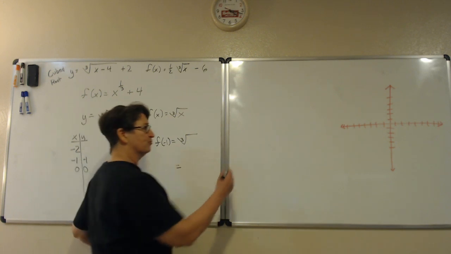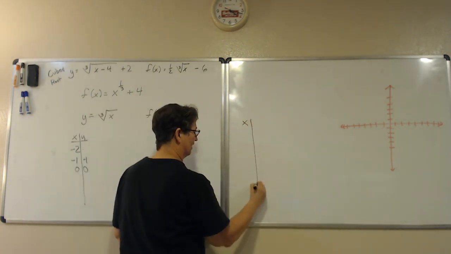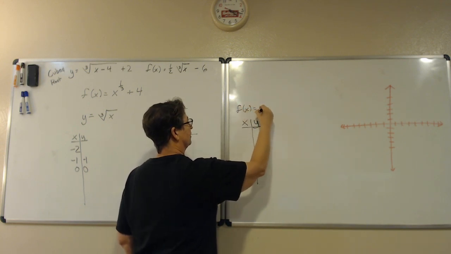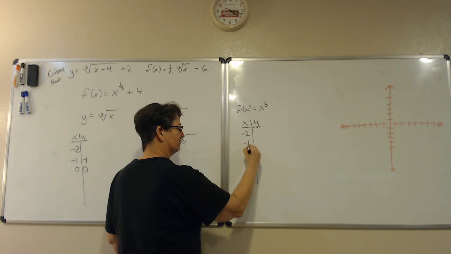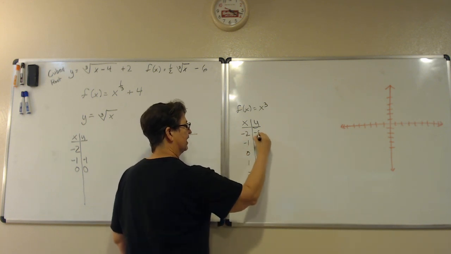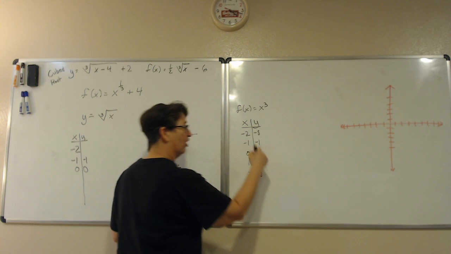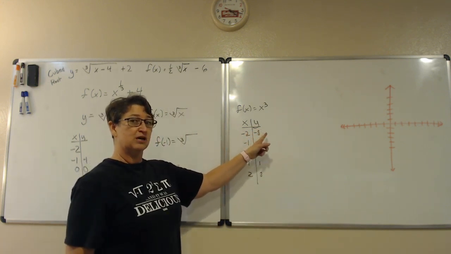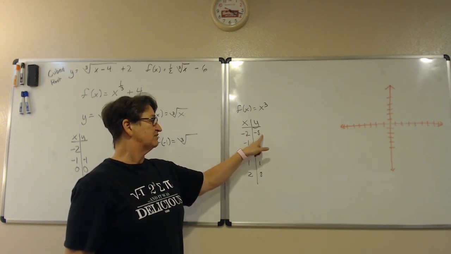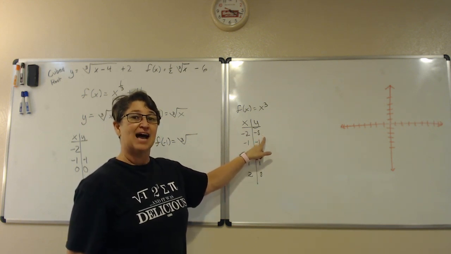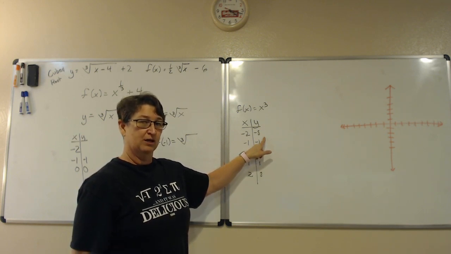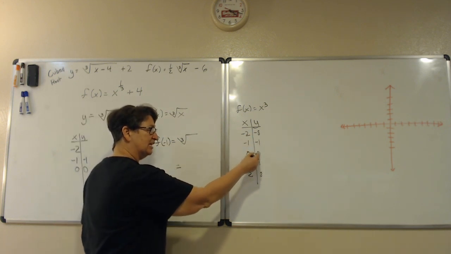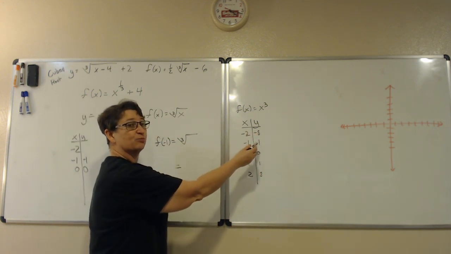And if I had left up the cubic function, so go back to this cubic function, and we had these points, -8, -1, 0, 1, and 8. On the last one we just did, we had these numbers where we cubed them. So you can see that -8 is a nice perfect cube. So when I take the cubed root, I'm going to want to use these values because they are nice pretty